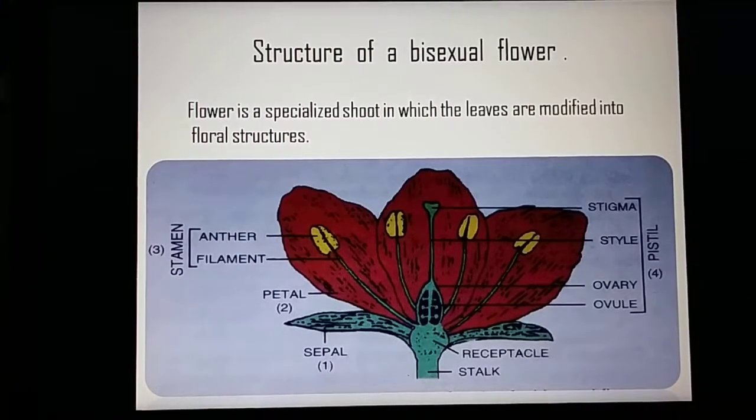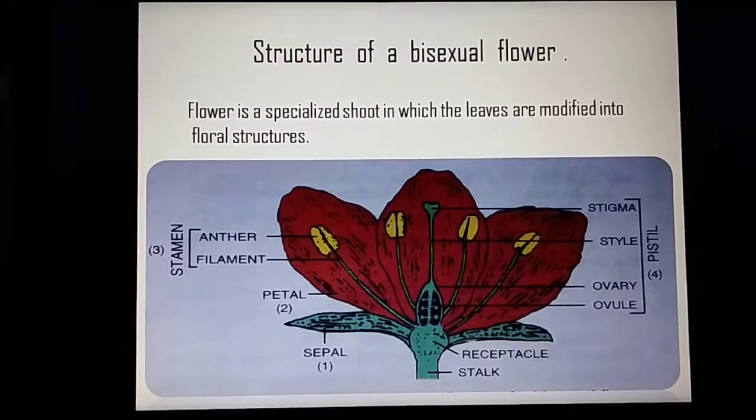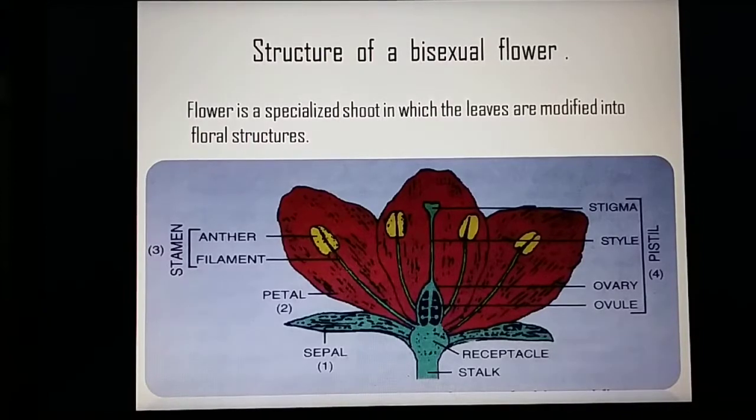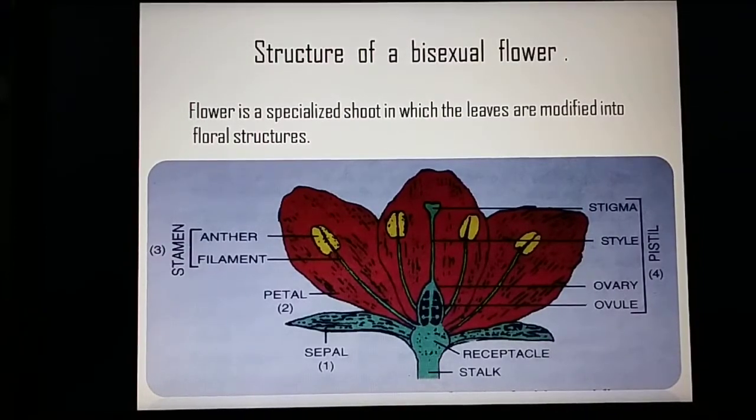So this is the second whorl, and the third whorl is the male parts, which have long thread-like processes somewhat projecting out, each usually ending with a bilobed tip. These are stamens, collectively named androecium, and each stamen consists of a thread-like filament and anther. Okay, and the last one is the fourth whorl, which consists of the female parts. Each female unit called carpel consists of an ovary, a style and stigma.